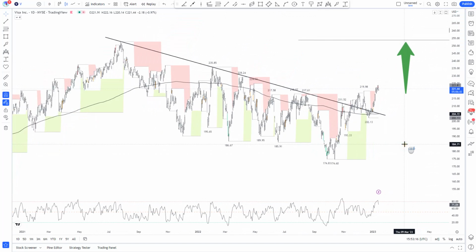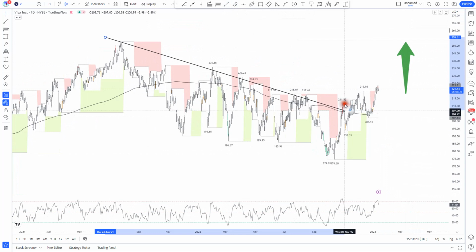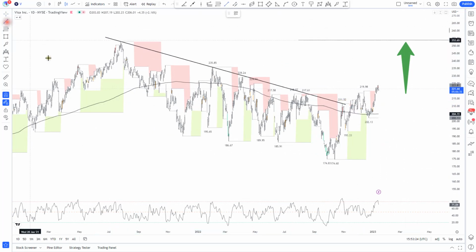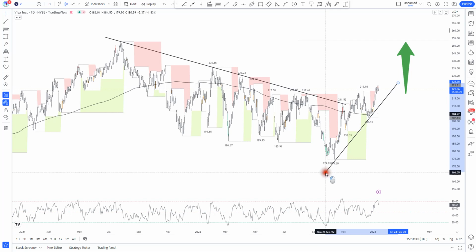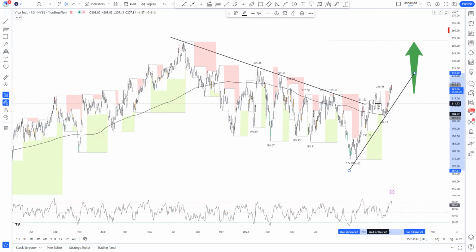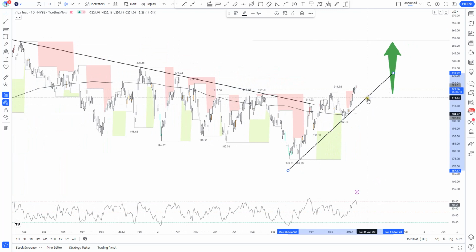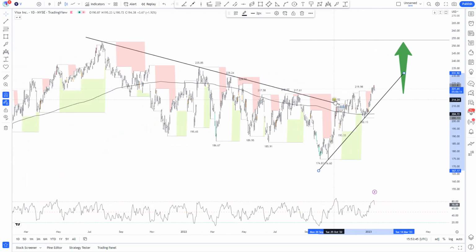Probably you need to wait for another pullback. If you don't trade this breakout to the upside, probably I will wait for a retest of a potential trend line support. Okay, I will wait for something like a pullback to the trend line. At some point, the market will be forced to trade at this trend line again, or to break it. The market may find support or break below the trend line, but you need to make your decisions.